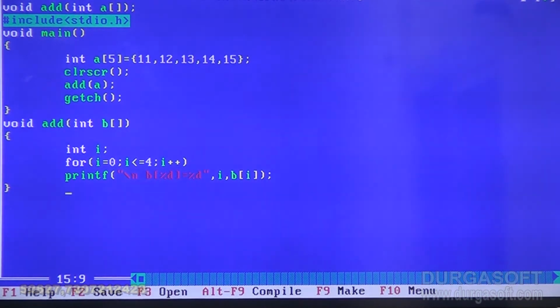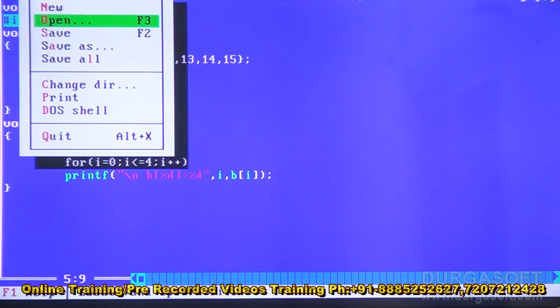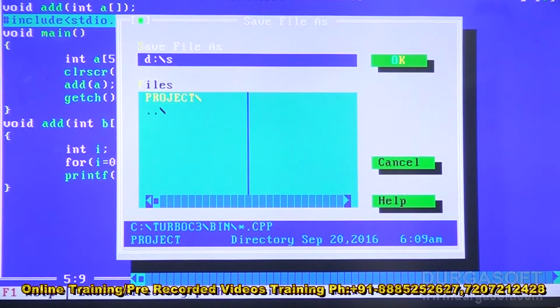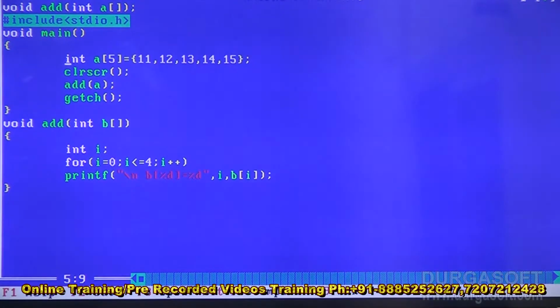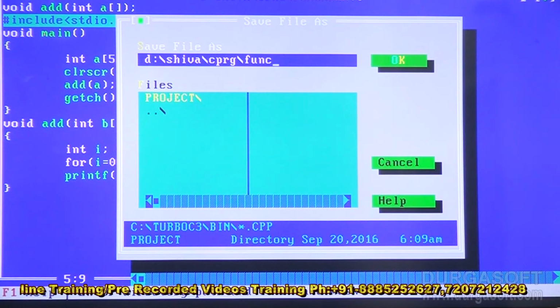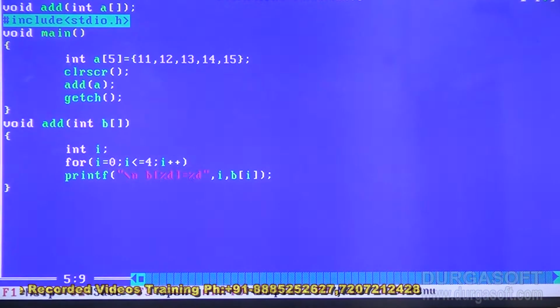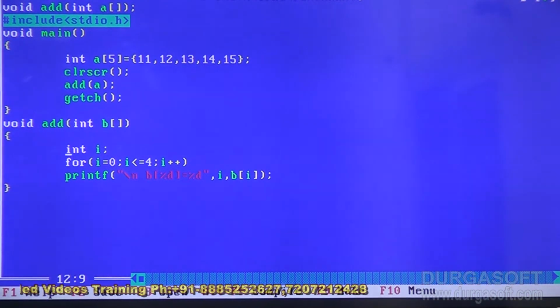So one more program. In this program I will pass a single dimensional array to a function. Within the function I will decide how many even numbers are there and how many odd numbers are there. I will do that using the functions and arrays concept. Same program, I will modify it. Here I will take two more variables for storing the number of evens equal to 0 and the number of odds